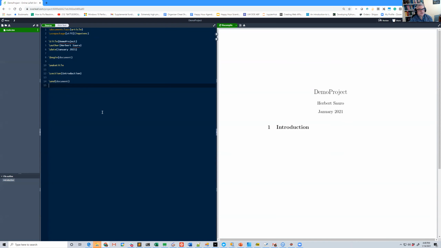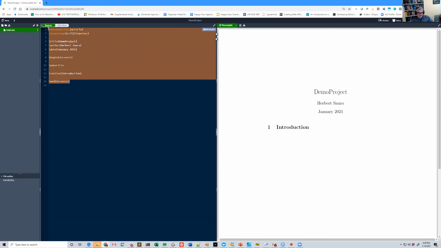Now, for those of you used to Word or anything like that where everything is WYSIWYG, this may come as a bit of a shock. This isn't WYSIWYG. This is pure text. And it's almost like a computer language where you write your document in this form and then you compile it. And when you compile it, it converts all this ugly ASCII code, all this text code, into a nicely rendered